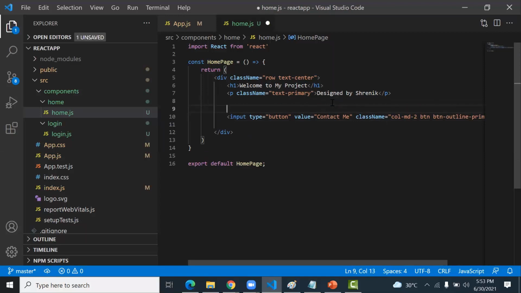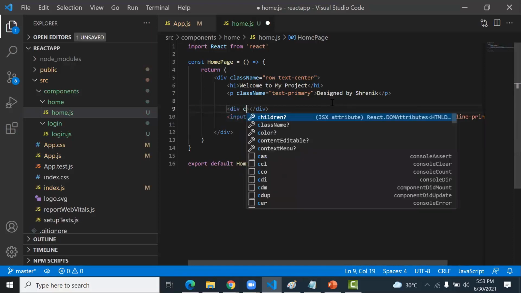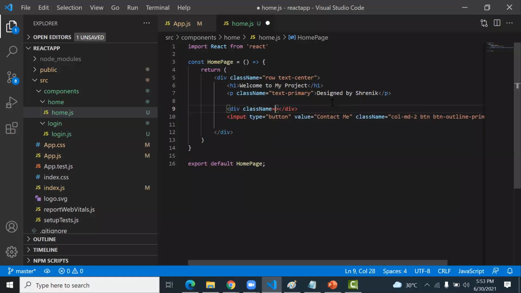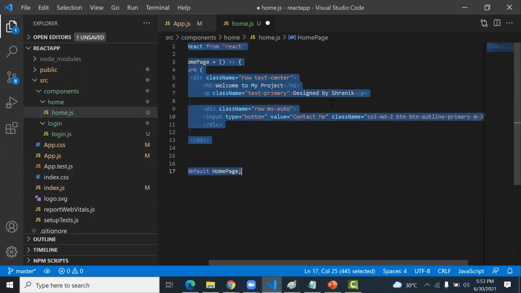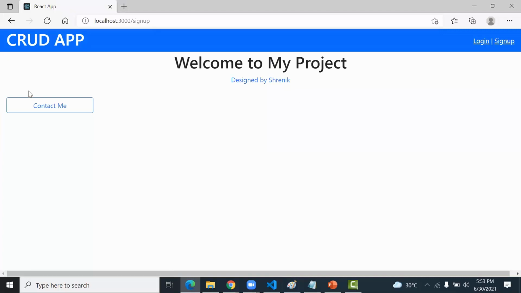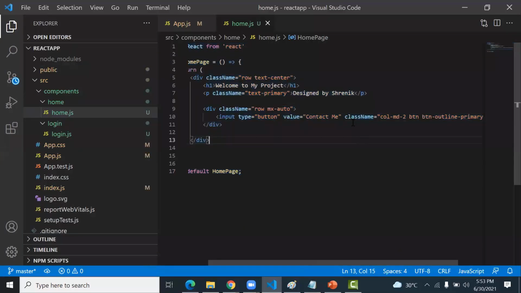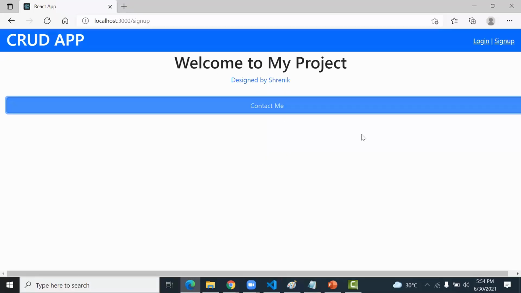That's why I create another div with className equal to row, one more class row, and then I type mx-auto. Now don't write col-md-2, but it's taking the whole width.